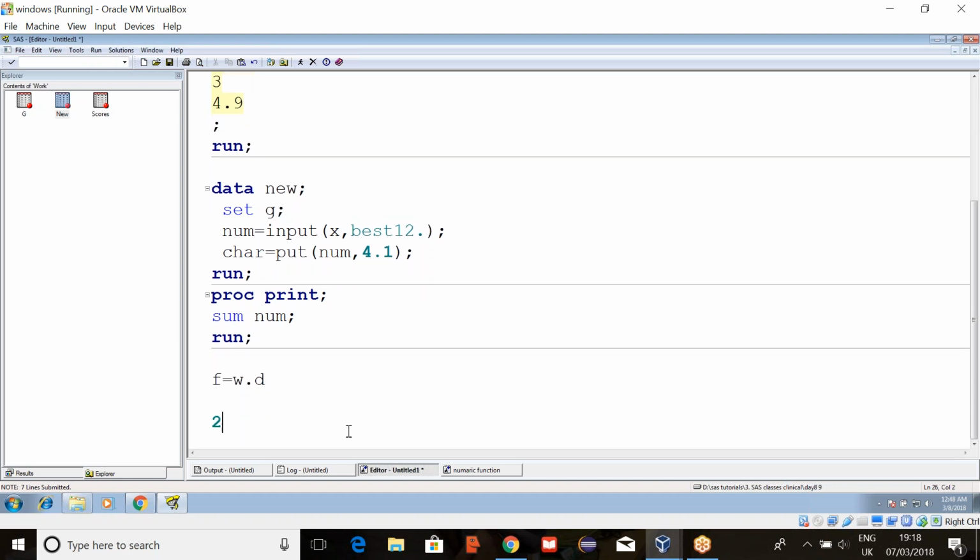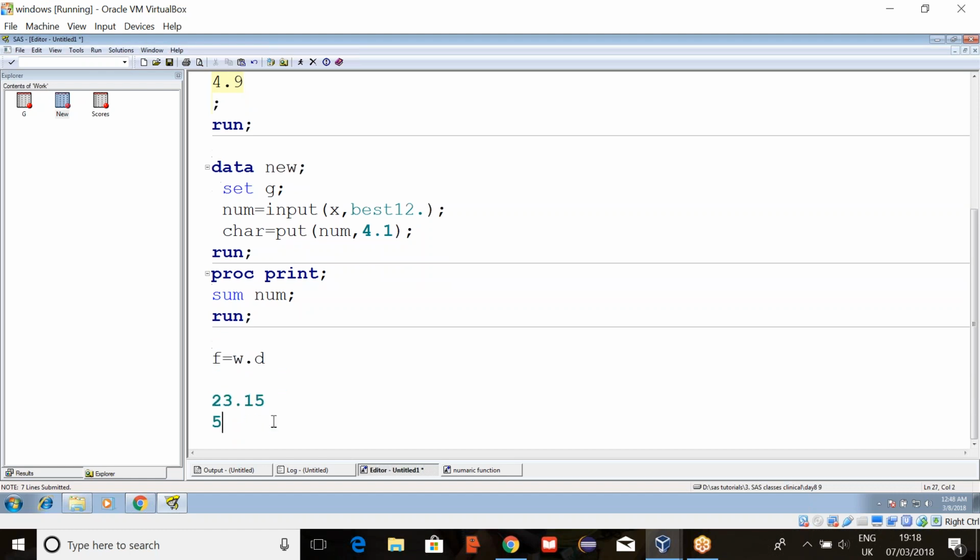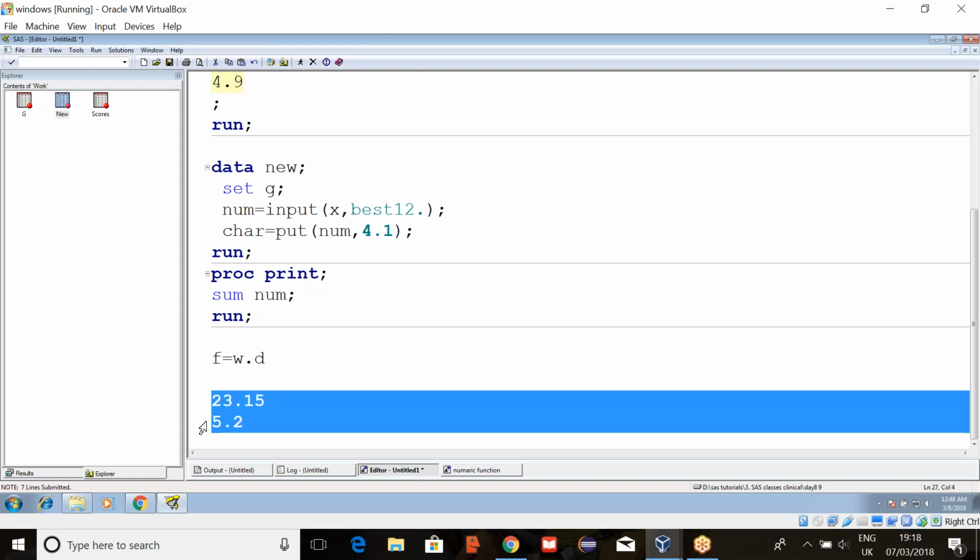Suppose this one. So what is the total width? 1, 2, 3, 4 and after the decimal we are having 1 digit, right? In case you are increasing the decimals, now I want to increase the decimal. Now here it will become 5.2, right? 1, 2, 3, 4, 5 is your width and then decimals. There are 2 digits. Do you understand?